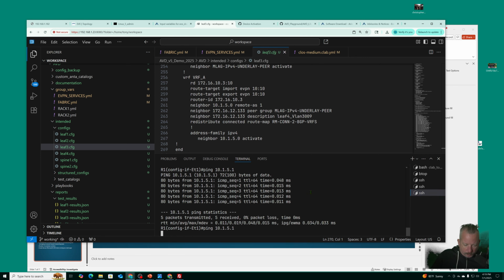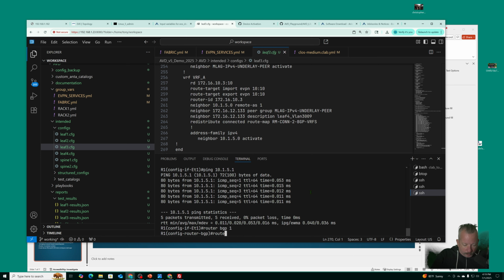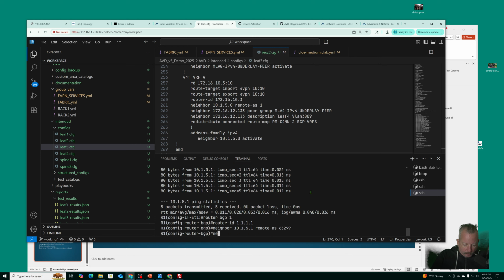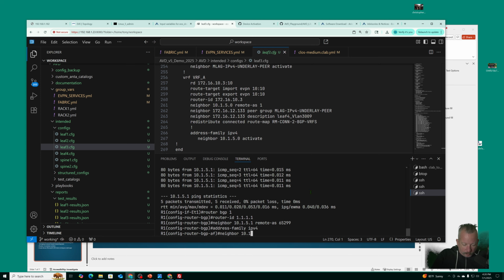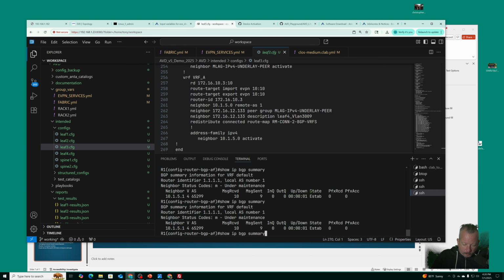There we go. I can ping. Router BGP 1, router ID 111, neighbor 10.1.5.1 remote-as 65299, address family IPv4, neighbor 10.1.5.1 activate. Show IP BGP summary. Established. Cool. Then I'll do interface VLAN